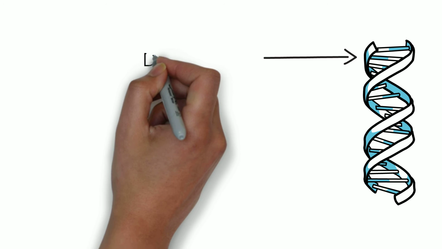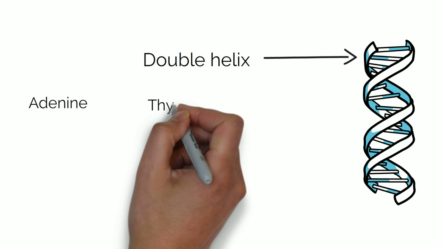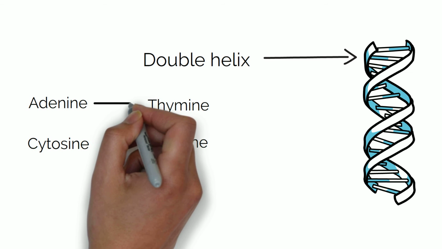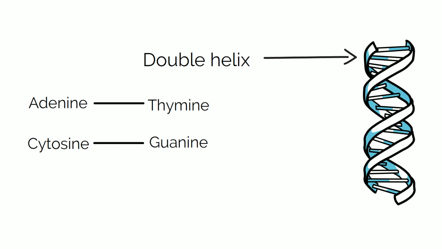As you may know by now, proteins are made from specific DNA sequences. The DNA is a double helix constituted by 4 bases: adenine, guanine, thymine, and cytosine. Adenine pairs with thymine, and cytosine pairs with guanine. The order in which these bases appear on the DNA chain is what gives rise to the countless proteins which